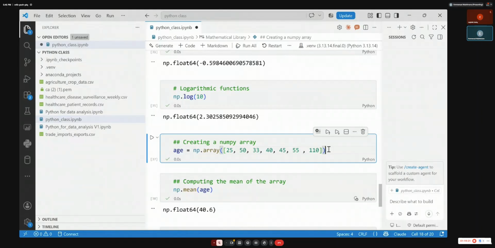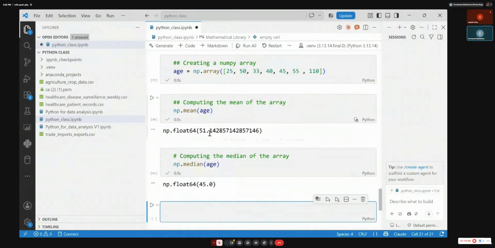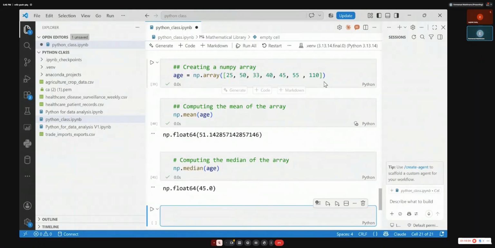Let's do other mathematical computations. Let's just do that and print the mean. You see the mean is going to be 51. But how about the median? Let me compute the median of the array. I can just do it like this. You see, the median is 44 and the mean is 51. That means the reason it is 51 is because of that person who is 110. So 51 could be an incorrect average, or an incorrect rough number for the age within that group of people.